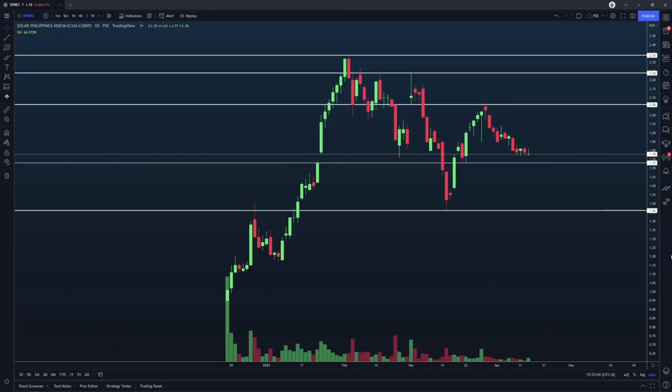Now, since we last looked at SPNEC, nothing has really happened, no? We've more or less remained in this area here and price hasn't really gone anywhere, whether to the upside or to the downside. Okay? Pwede pa rin na pumunta tayo dun sa SRO price niya, around 1.67 yata yun, 1.65, something like that, if I'm not mistaken. Pwedeng a bit lower than that, I don't know, no? All I know is right now, we are trapped within this range here between 1.73 to 2.06,